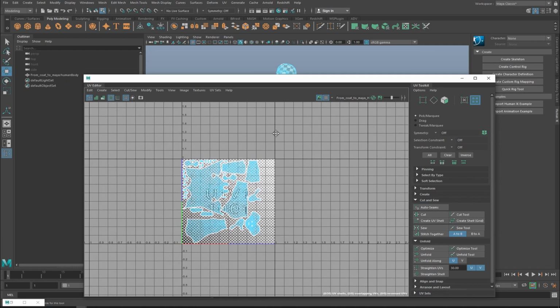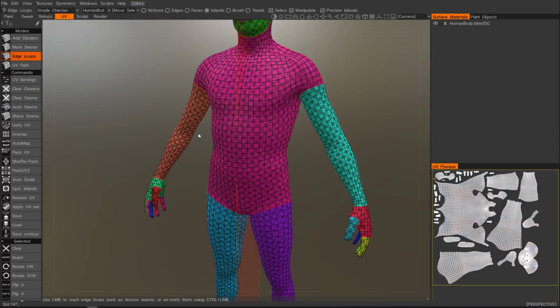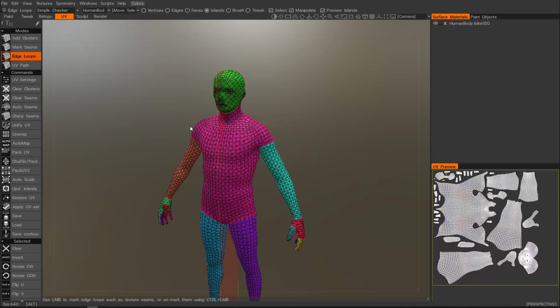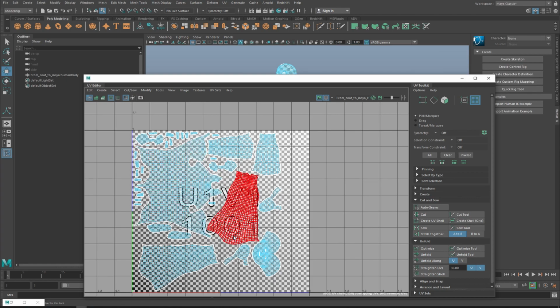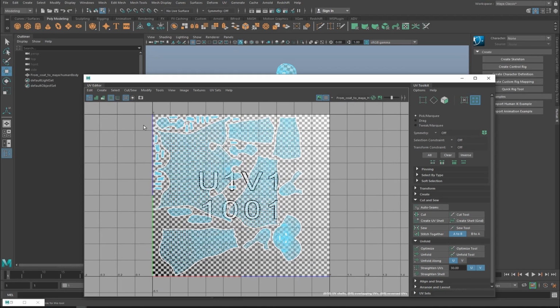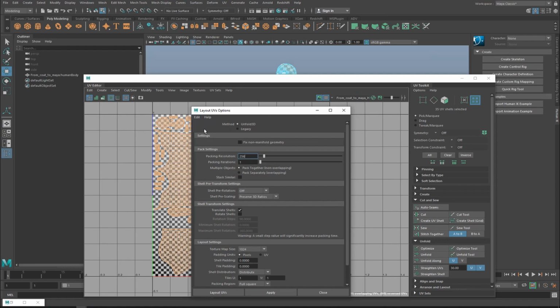And now even though I didn't quite get how you can do it in 3D-Coat, but you can, I think it's much easier to do UDIMs in Maya, so I'll just show you how to do this. I'll hold right click on this marking menu, choose the UV shell and select all my UV shells, and here I'll go to Modify and choose the Layout tool. Okay, so Layout, I'm going to reset the settings,